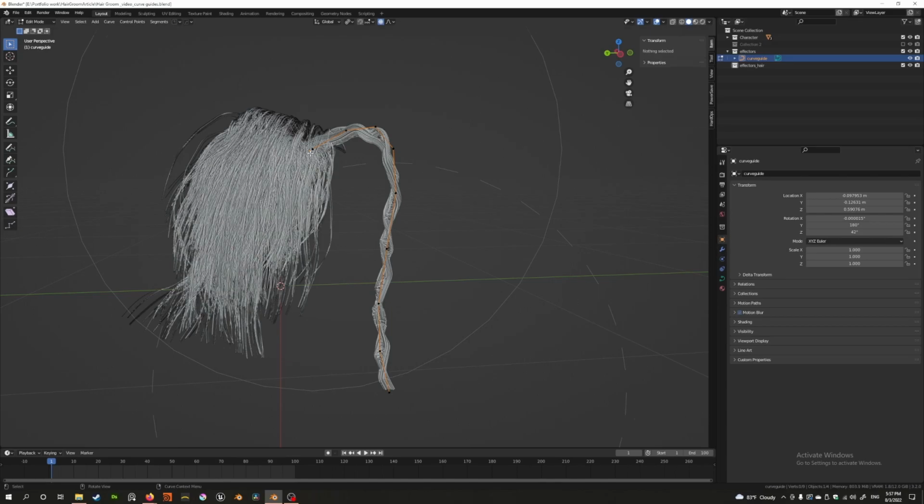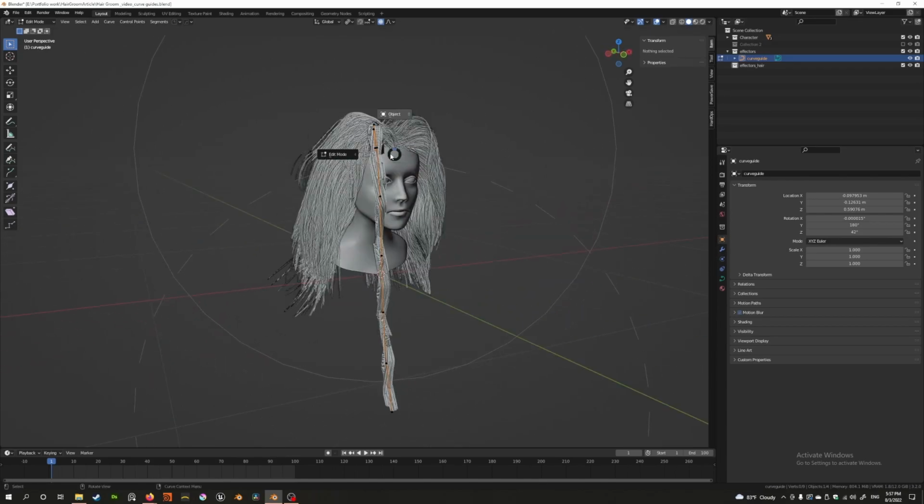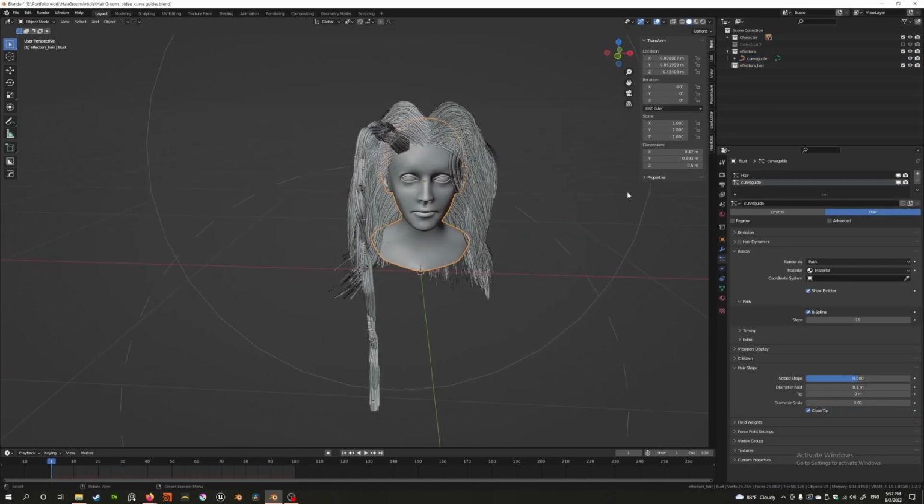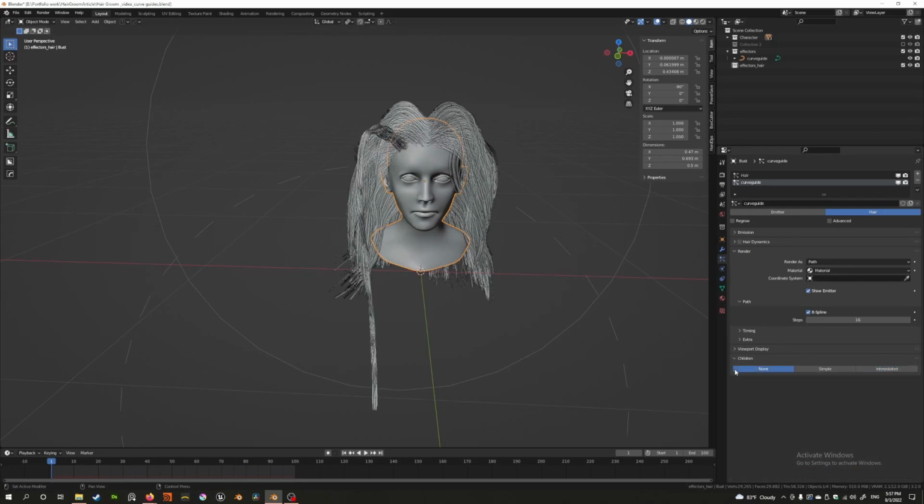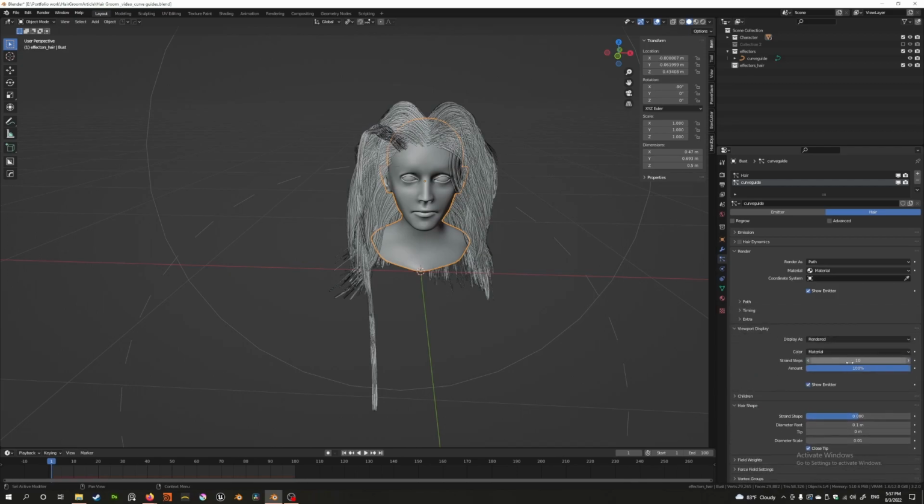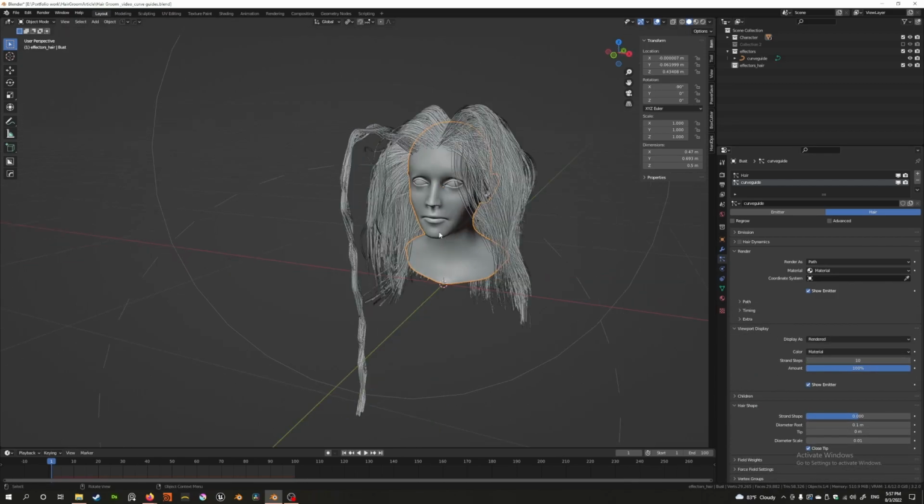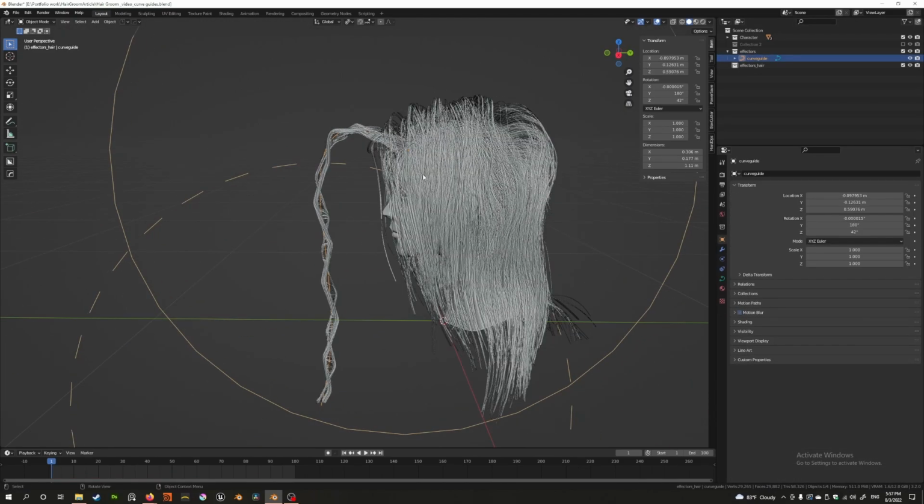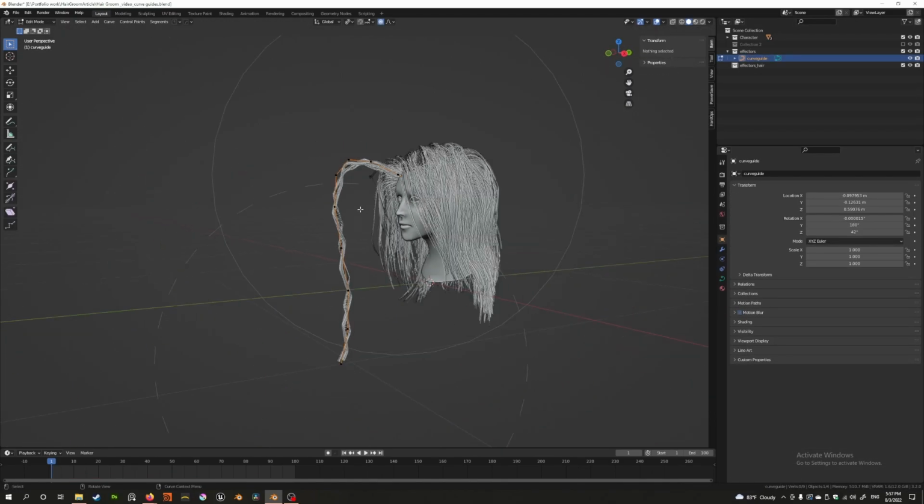Okay. So it's a little slow. Okay, because we're trying to run with a lot of children, and we really increased the strand step quality. Okay, but let's try to edit it now with